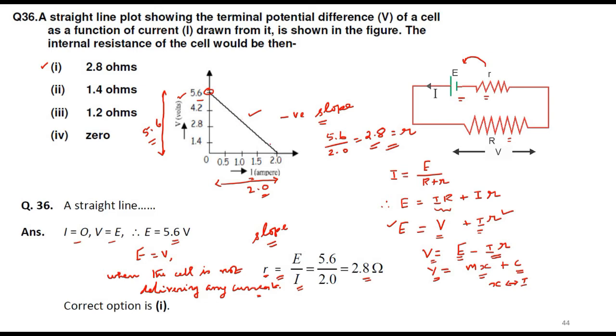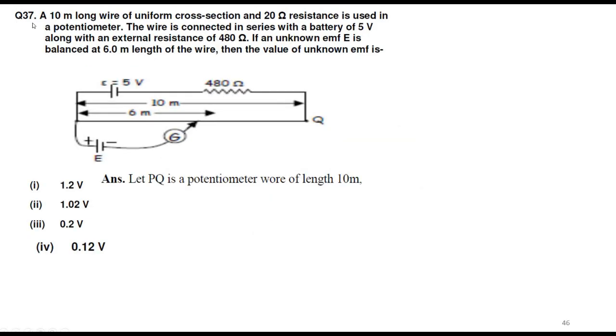Okay, so how this slope is negative and all, you might have already learnt in mathematics classes. So magnitude of the slope means you take this as, say, some alpha. Tan alpha, if you find, that will give you magnitude of the slope, which is equal to 2.8. That is internal resistance.